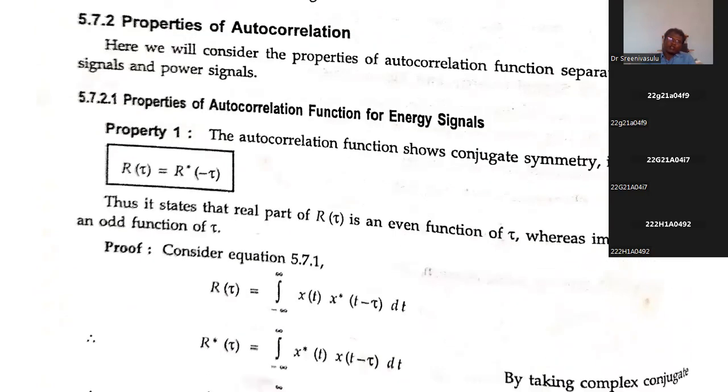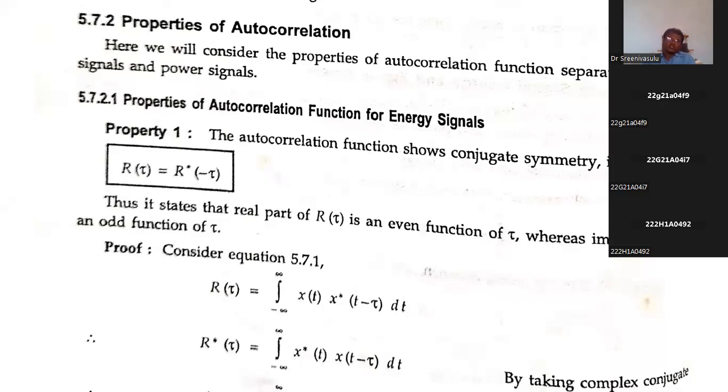Now one more very important topic is the properties of autocorrelation. These autocorrelation properties you already covered in PTSP, but there it was a random process, capital X of t. Now, instead of capital X of t, we write small x of t, because here we are applying the concept to signals, not to random processes. That is the difference between the PTSP autocorrelation concept and your signals and systems autocorrelation or cross correlation concepts.